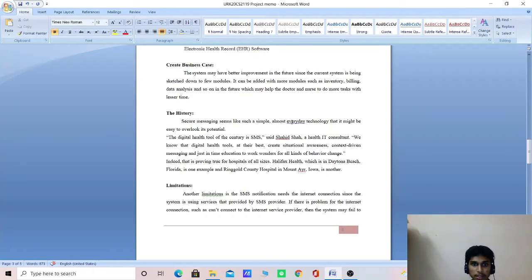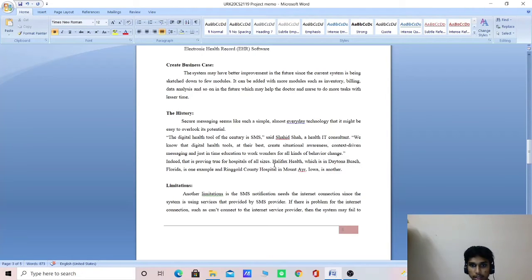We know that digital health tools at their best create simultaneous awareness, context driven messaging, and just in time education to work wonders for all kinds of behavior change. Indeed, that is proving true for hospitals of all sizes.